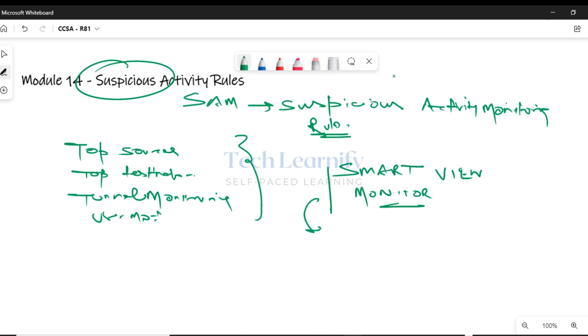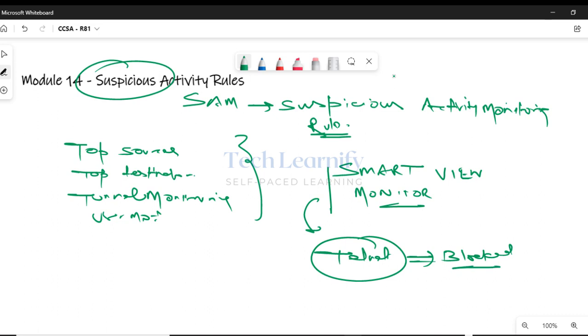For example, telnet application is blocked with a security rule, but you see telnet traffic in SmartView Monitor. So something suspicious, but you don't have time to react. You don't have time to go back to SmartConsole and create a security rule, then publish, verify rules, and install policy